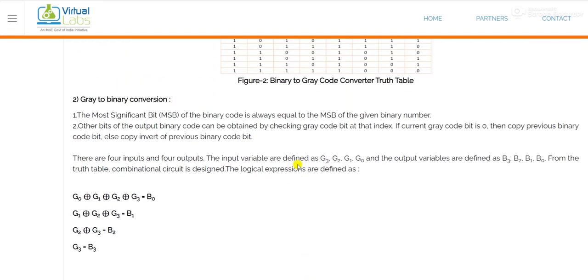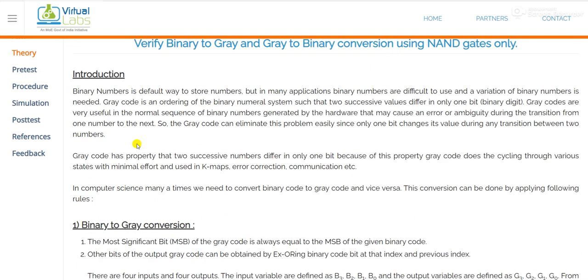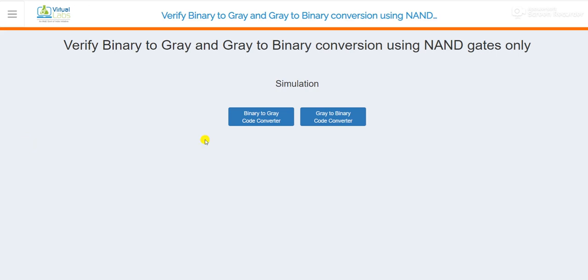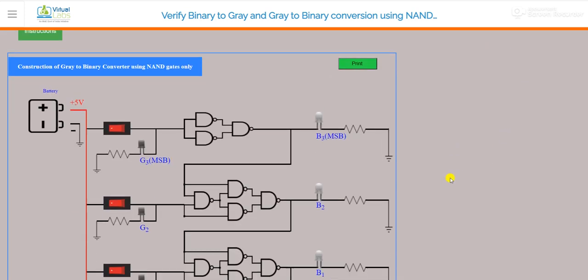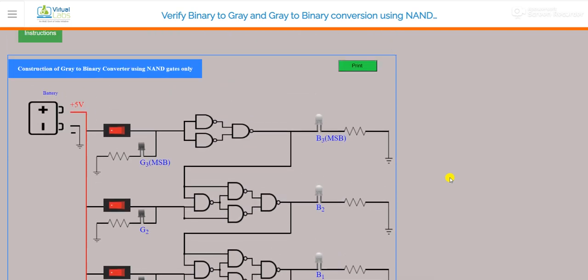Now we will simulate with the help of the gray to binary simulator. Just click on the simulation button. In the last lecture we discussed the binary to gray code converter, so now just click on the gray to binary code converter. This is the circuit diagram of the gray to binary converter.